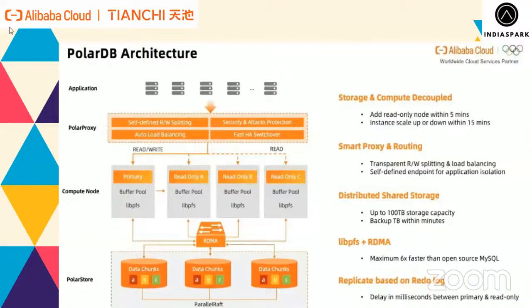this primary node. In this way, it will make sure of the availability of your data, right? It will not affect your productivity. So that's the basic idea about PolarDB architecture. And as you can see, the distributed shared storage stores your data in a distributed way, in small chunks. Okay, so that was all about PolarDB architecture, and I hope you now have some basic idea about PolarDB,